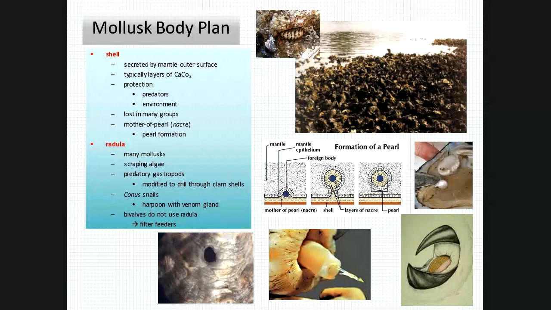How does a pearl form? Well, it has all to do with the nacre, or the mother of pearl, that shiny stuff. And if you look in the middle of the slide, just to the right, is actually a picture of a pearl, you can see what goes on. The mother of the pearl, the part in the yellow, is the shiny part.